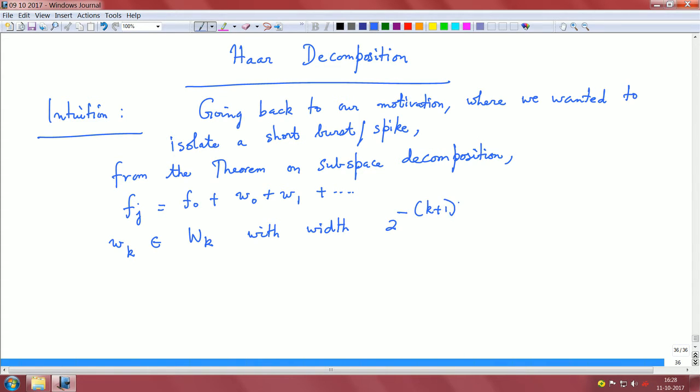So, for example, suppose we have a 5 millisecond spike,